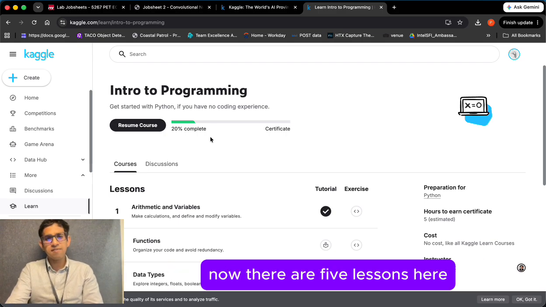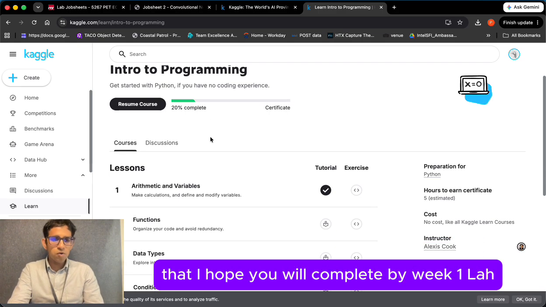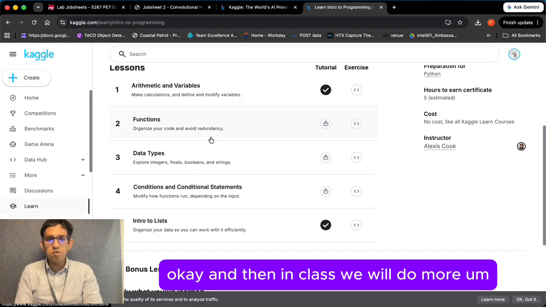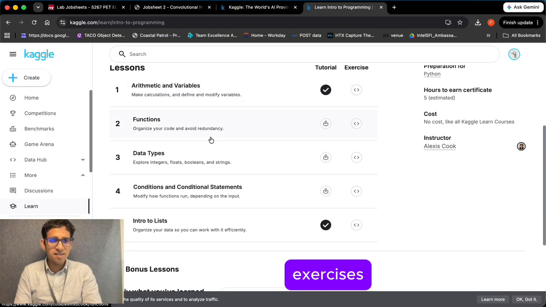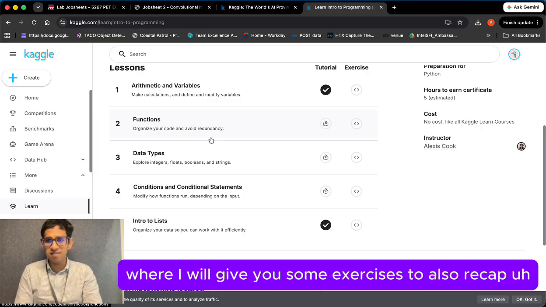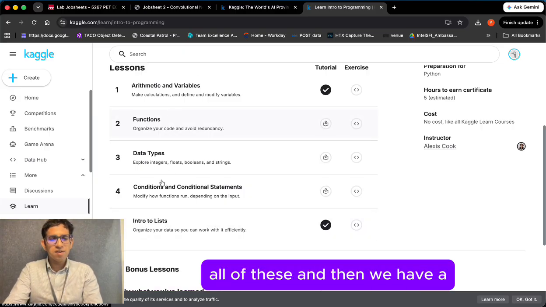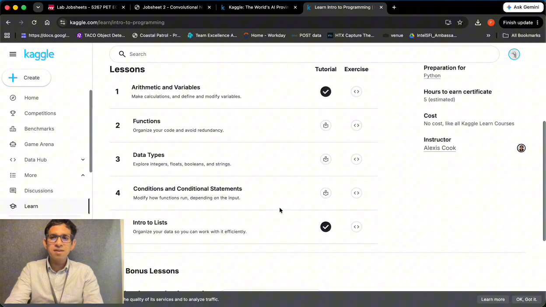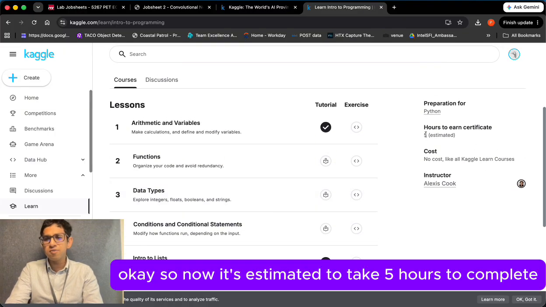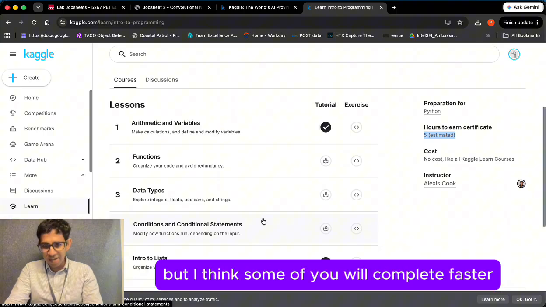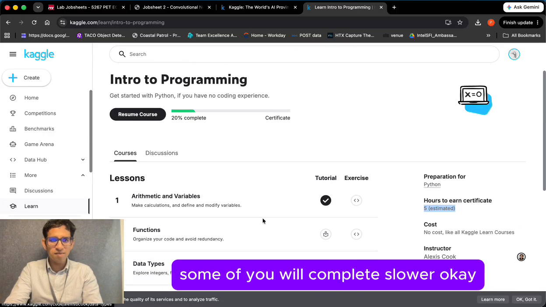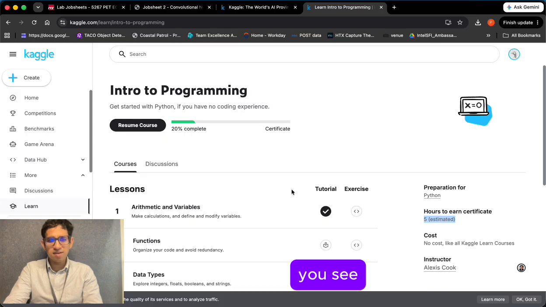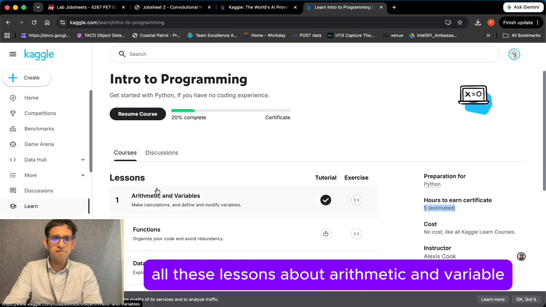Okay, now there are 5 lessons here that I hope you will complete by week 1 lah. And then in class, we will do more exercises where I will give you some exercises to also recap all of these. And then we have a quiz to do lah for the week. Okay, so now it's estimated to take 5 hours to complete, but I think some of you will complete faster, some of you will complete slower. Okay, so then what you want to do is, you see all these lessons about arithmetic and variable,